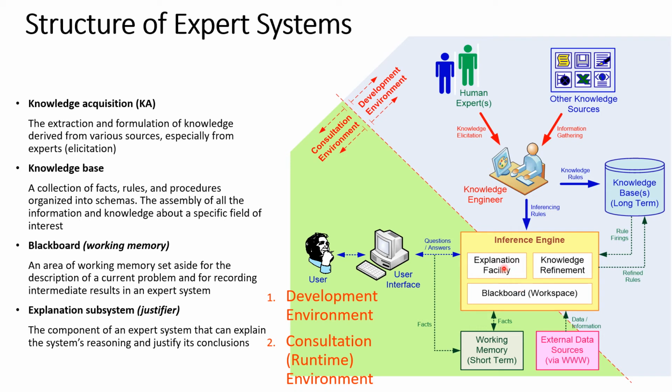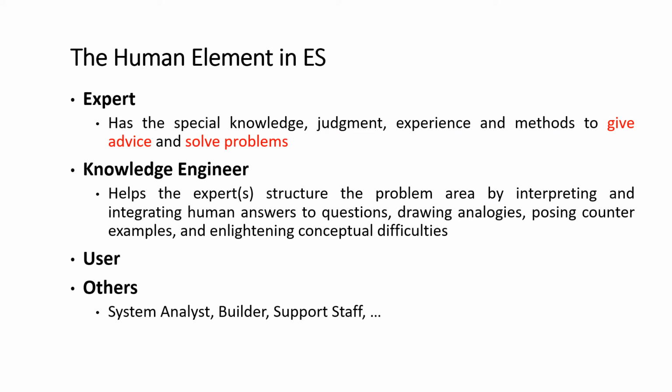So this is a very important part of the inference engine, that is the explanation facility। Okay, so these are some of the parts of the expert system, or we can say that this is the generic architecture of the expert system that we basically use in order to solve a problem। The next is the human elements in expert system।